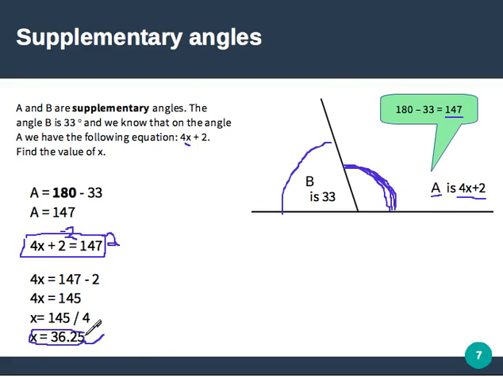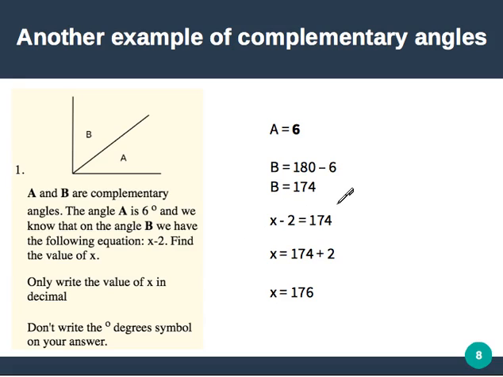That's it. You're done. Now here's one more example of complementary angles that you could find on the website, page problems. They say that A and B are complementary, and they tell us that A is 6 degrees. This one is 6 degrees. How much is the other one going to be? So they're complementary. That means that when you add them, it's going to be,